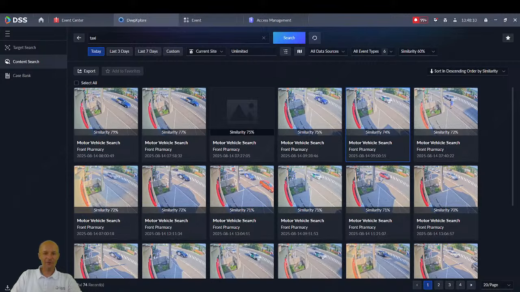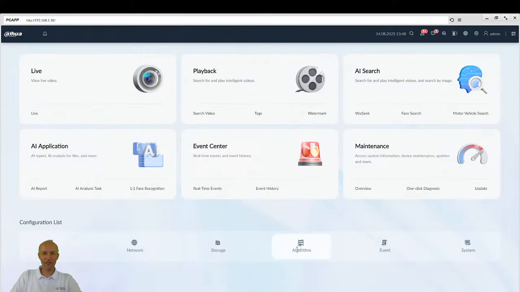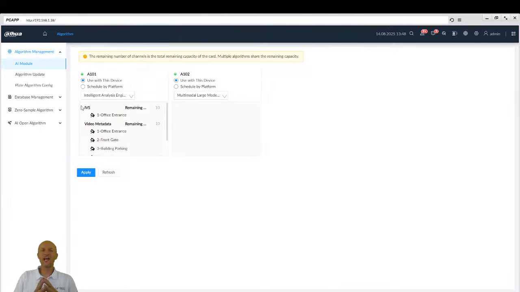Okay, so how you can set up everything over here. First of all, you need to have the IVSS device. In the algorithm, one card needs to be set up for analyzing the images. So you can use any ordinary camera and we will make the metadata camera out of it. And the second card needs to stay for the multimodal large model. So all those results from those cameras over here, we will be analyzing all those small results and giving them